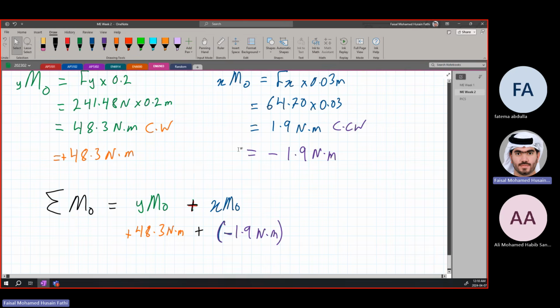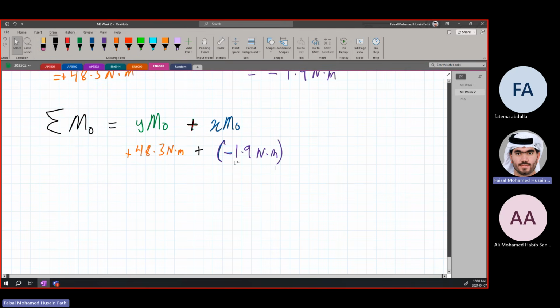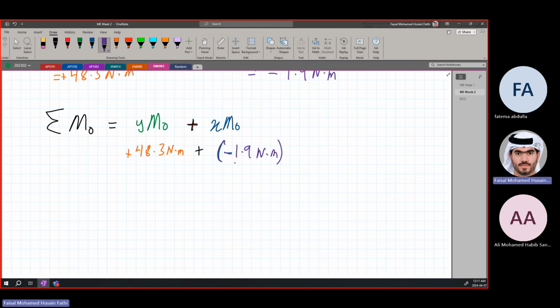We're just summing them up, finding the total moment. The way you do that is you just add it all together. This is negative, so it becomes 48.3 minus 1.9, which is equal to 46.4 Newton meters. Since the final value came out as positive, positive means the direction is